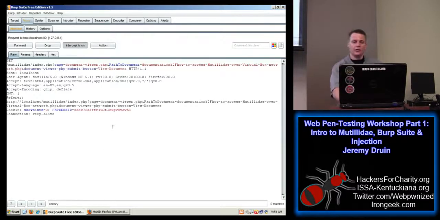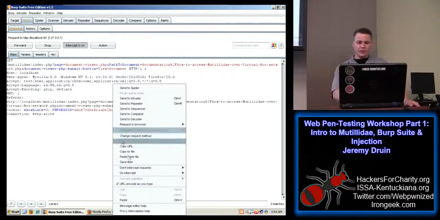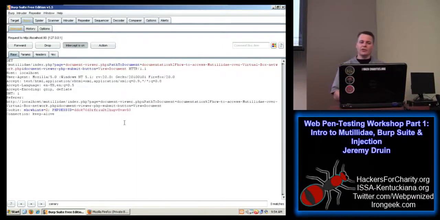So one of the things I'm doing is I'm right-clicking on a blank space and saying URL encode as you type. The reason I'm doing this is because some of the characters used in HTML, JavaScript, and SQL happen to overlap with special characters in HTTP itself, the actual protocol carrying the message.